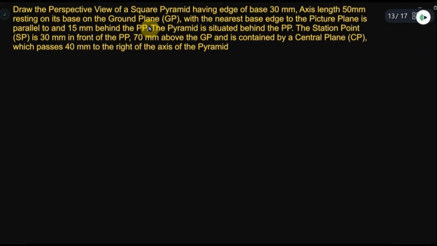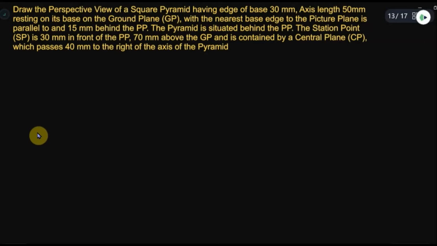So there is a separate ground at the bottom, and top view is drawn above the front view. So the most important thing is that in third angle projection, top view of the solid will be drawn above the front view. So front view will go to the bottom with the ground plane because the base is on the ground plane. So we will start with a picture plane line.